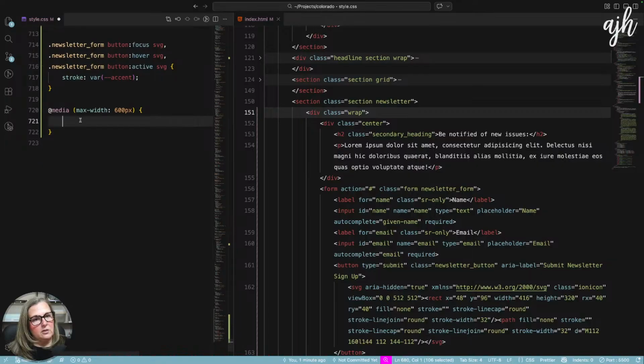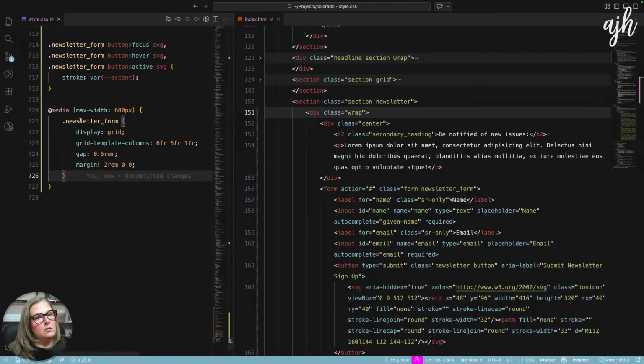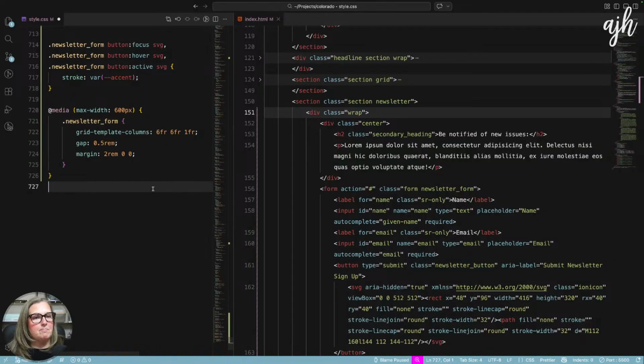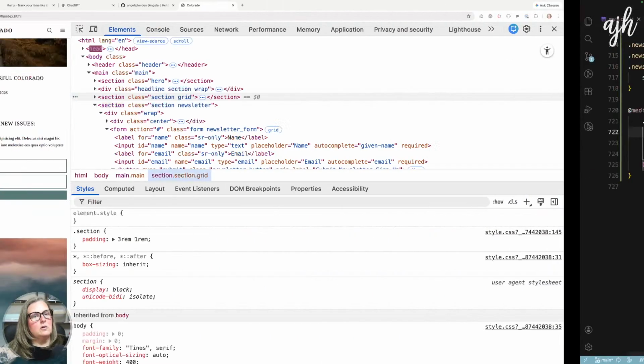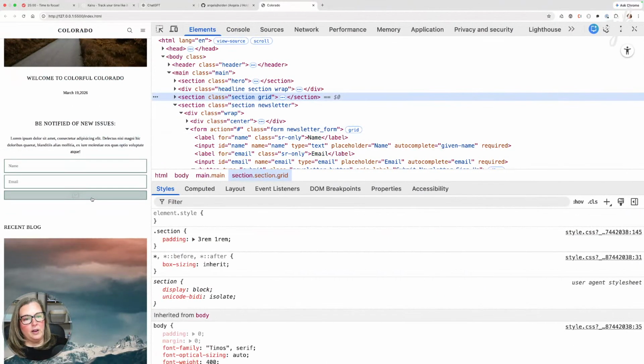So we'll adjust this. Don't need this. So I guess we would just change this to 1 FR. Yeah, that's fine.